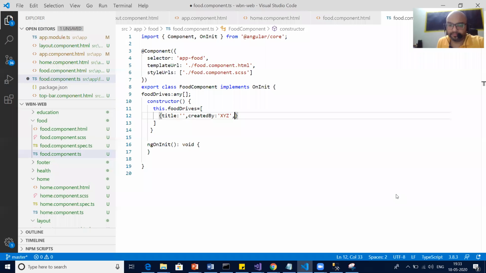Run by will be better. Run by is good. Any suggestions? Run by or driven by? Driven by A, B, C, right? So driven by, created by, title.